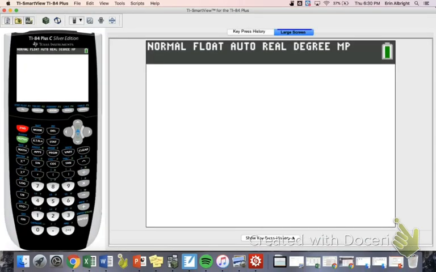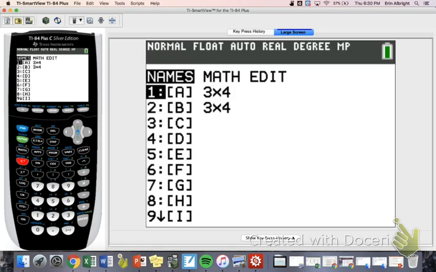And on your calculator, on the left-hand side, we have the second button, alpha, and then math, and underneath math we have the x to the negative 1, and right above it in blue you can see where it says matrix. So I do want to hit second and then that button, and it's going to take me to this whole new screen,